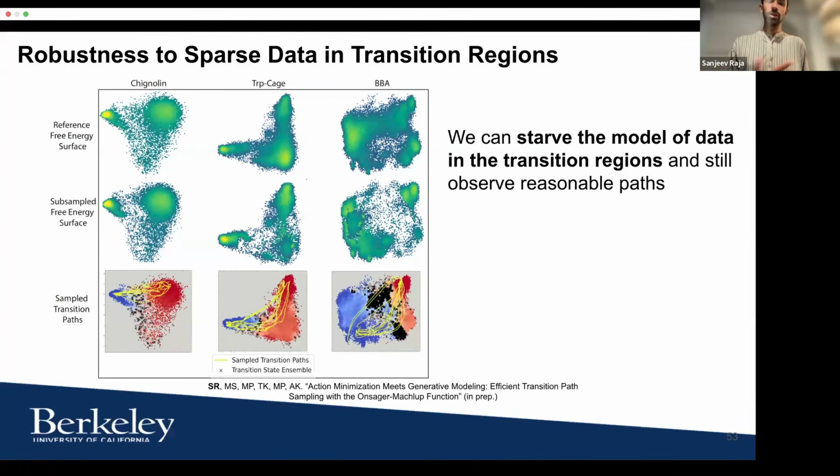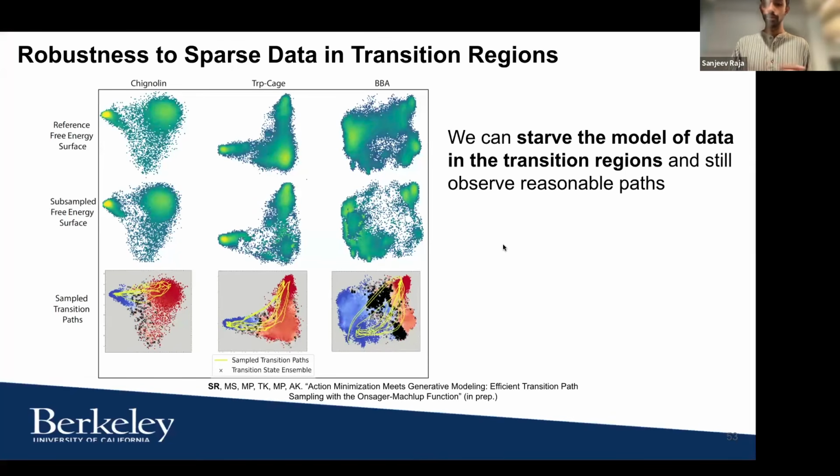And we basically removed all data that had committor values anywhere not close to 0 or 1. And we can see reasonable paths in some cases. I think for some proteins it starts to break down, but for others it's reasonably robust. So this is, I think, a fundamental limitation: if your underlying data is not representing these regions well, then you're going to face some limitations. But this is where I would say coupling this with some access to the true energy function would be a